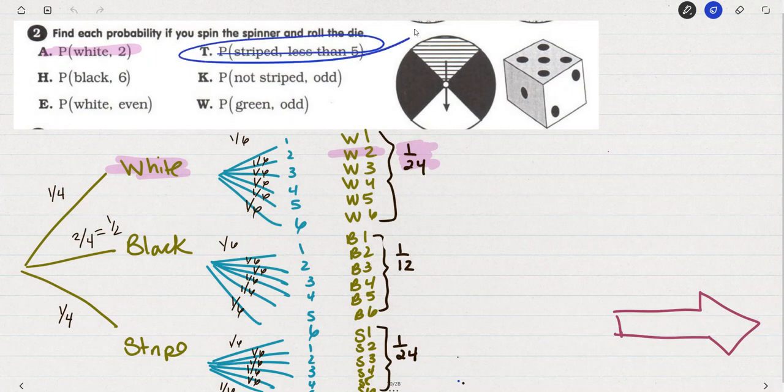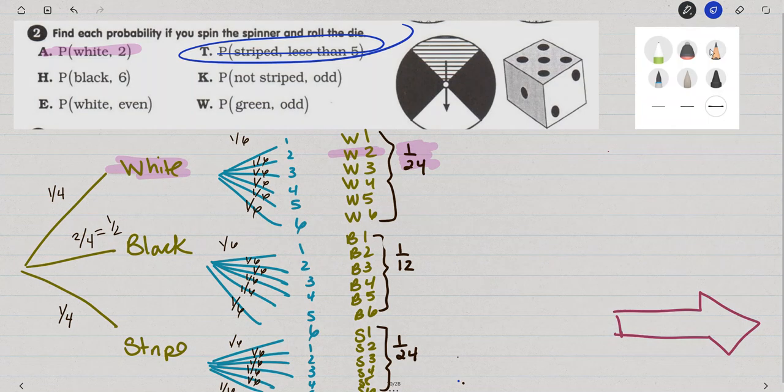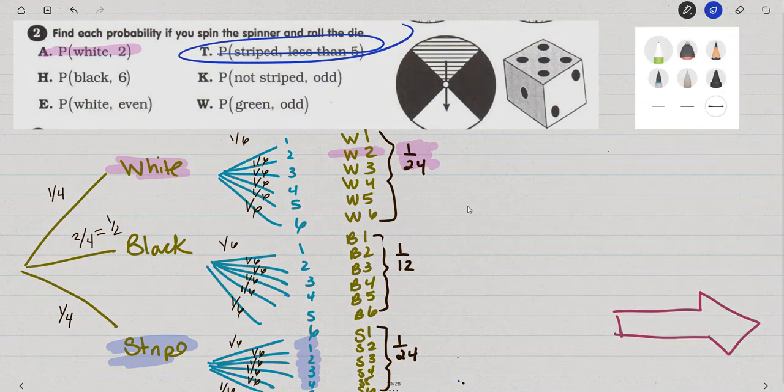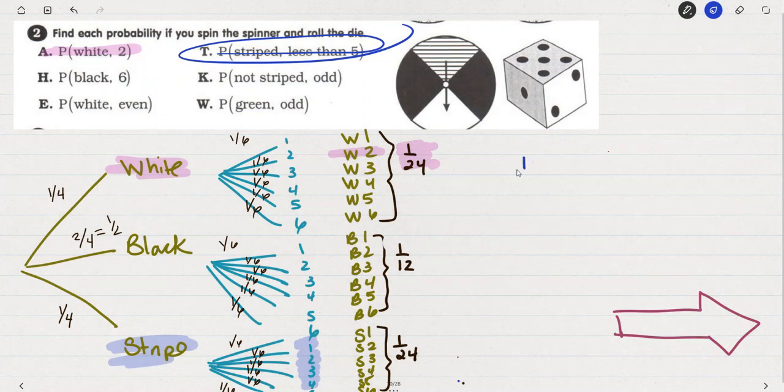So we're doing this one here, striped and less than 5. We'll start with the stripe, and less than 5 is going to be the 4, 3, 2, and 1. So striped and less than 5 would give us a 1/4